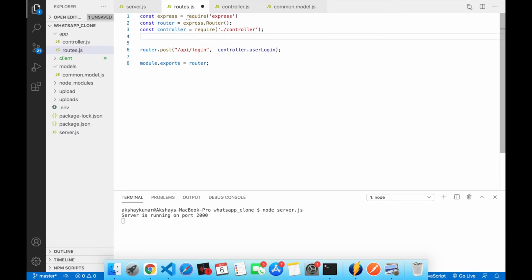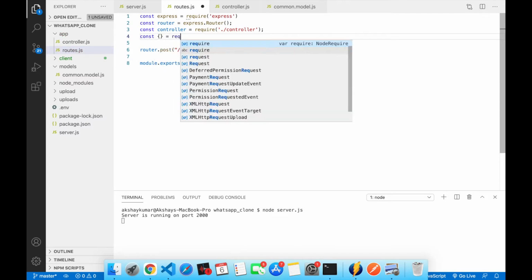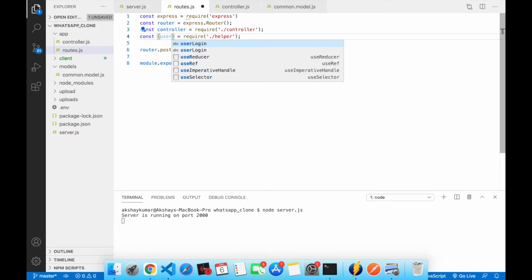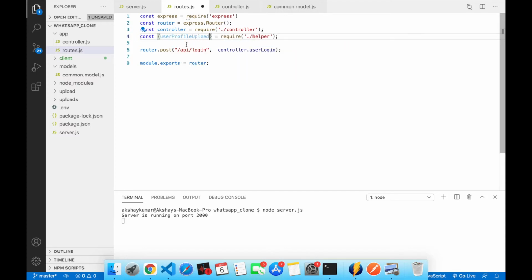We'll require a helper, and from the helper we'll require userProfileUpload. We can pass this middleware here. Right now we don't have this middleware, so we have to create this.